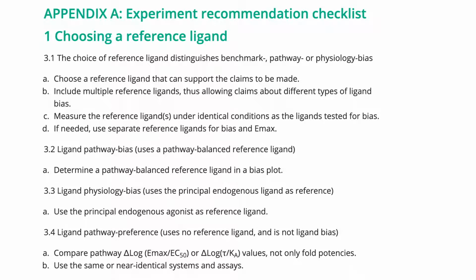Yeah, I agree. So that takes me to my next question, which is bias cannot be reported without the use of a reference ligand. What are some of the factors that should be taken into consideration when choosing a reference ligand for bias quantification? Yes, so I would say this is maybe the most important consideration, and it's also one of the things that maybe people haven't thought enough about, and this is what leads to some of the confusion.